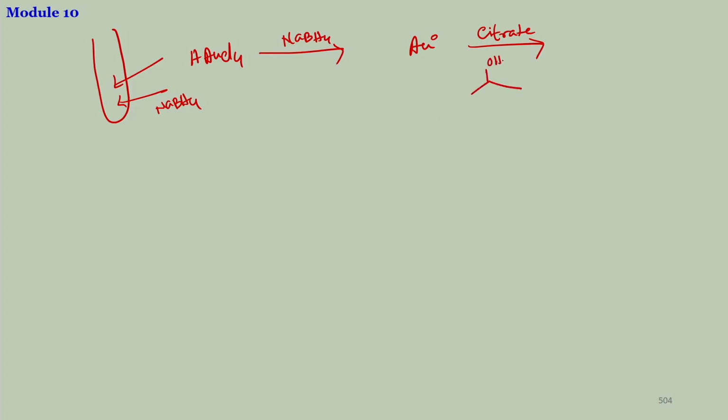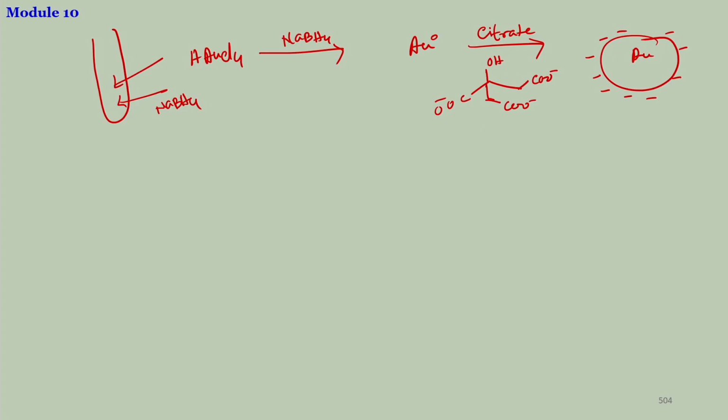This is OH, COO minus, COO minus, I think COO minus. So, that way you can surround the gold with the charge density, and here you will have all the negative charge on the surface because of the carboxylate anions,